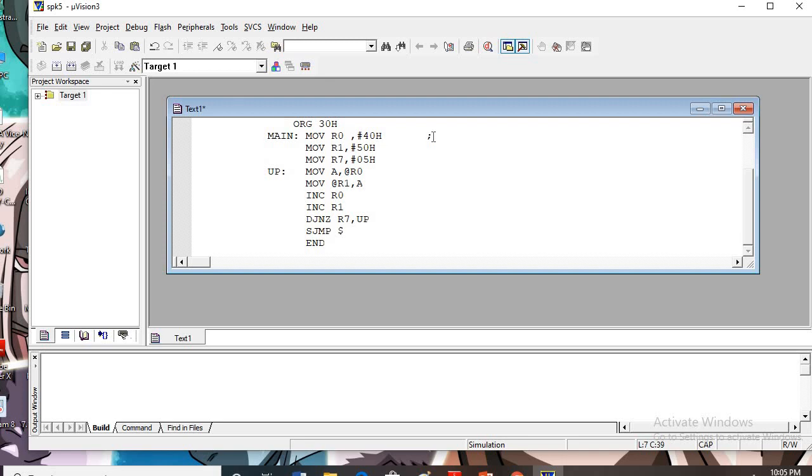This is source address pointer. Here it is destination address pointer.